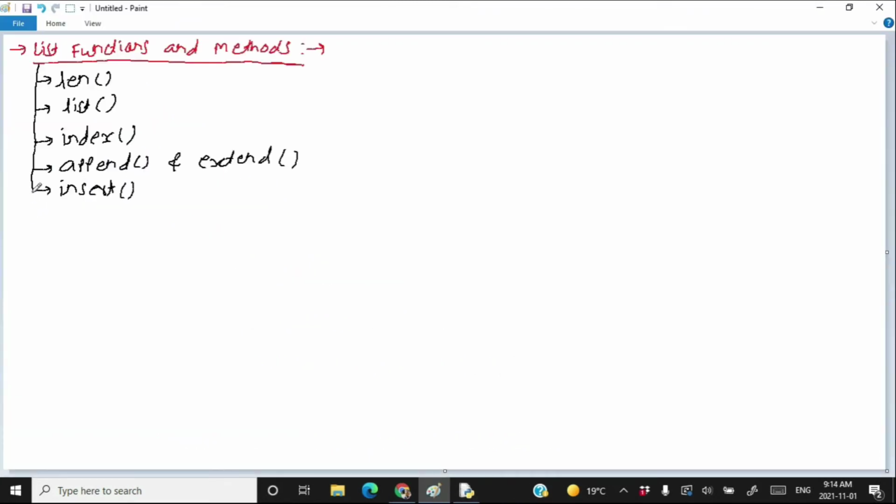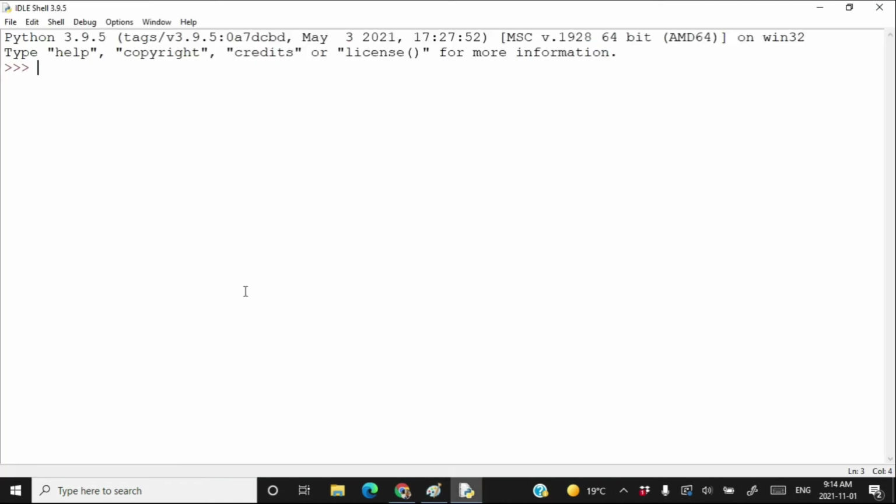Next we are going to learn the pop method. What do we do in the pop method? Again, like the other methods, let's start using the pop method directly. Suppose I have a list T1, the list whose reference is stored in the variable T1.